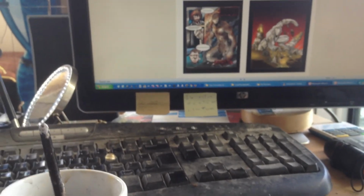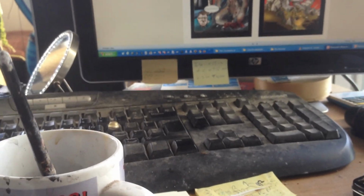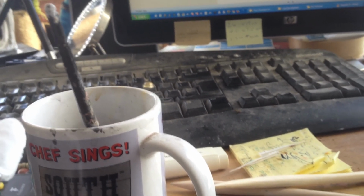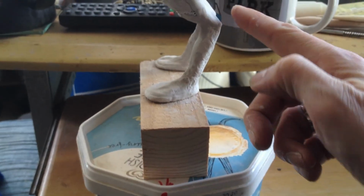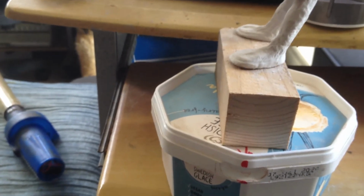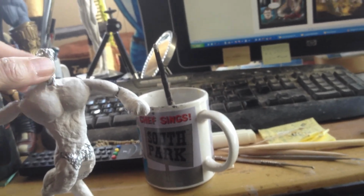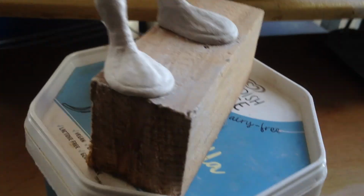He's not going to have this. He's not got this leg because it says in the book he's got rear bent knees, and it doesn't say anything about a forward bent and then rear bent. Because this would be his ankle here, and that would be his knee. But to have rear bent knees, his ankle's down here, and there's his knee. It's a rear bent knee. And he's going to have gills in his head, obviously. I'm doing sections of him, then letting him dry off a little bit. So I'll just keep getting my mitts all over it and moving bits about where they shouldn't be getting moved about. But anyway,